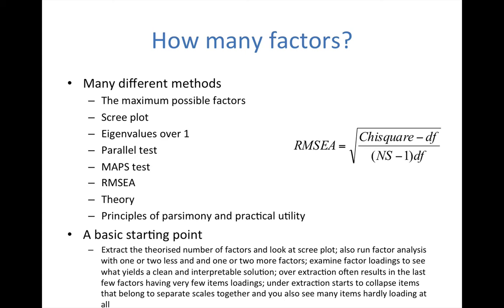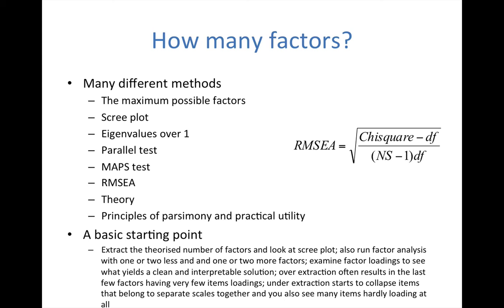I wouldn't neglect theory. If you have an established test, you know it's 5 factors, or that's how it's always scored, or you know it's 3 factors, it's always scored that way. Often you're just wanting to check, is the test performing right? Does that look reasonable? There might be a little bit of systematic variance beyond those factors, but it should get you most of the way. So certainly theory is a good guiding principle,